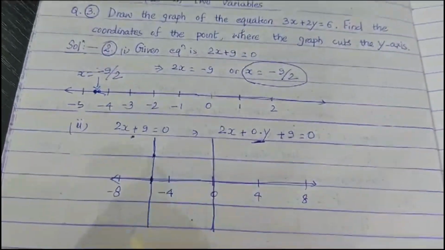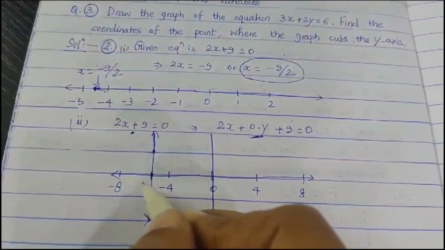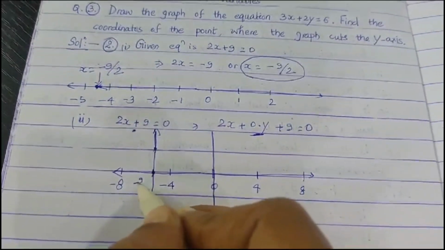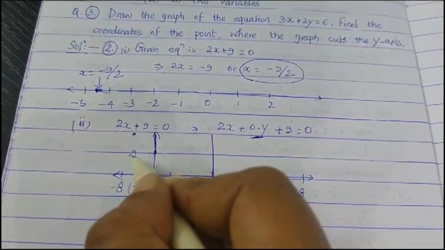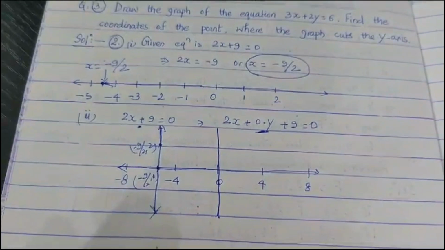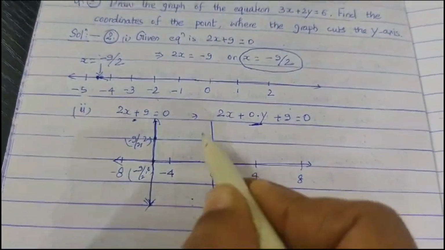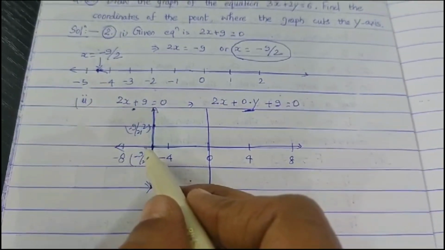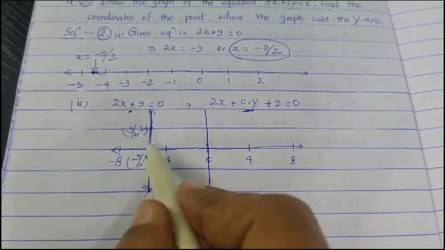Let us take one point here. Now we will draw the line. This will be the required graph. Basically, this is our x, minus 9 by 2, 0. This is minus 9 by 2 and 2. We can take more values here, like that. And if you draw the line, it will be parallel to the y-axis, which we have studied in the graph of special cases, that the line parallel to y-axis will be like this.